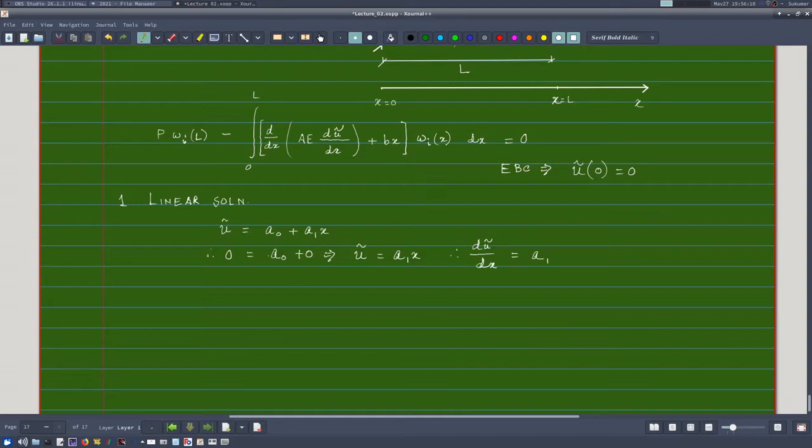And now I can write these values in the weak form. Okay, so substituting into weak form,